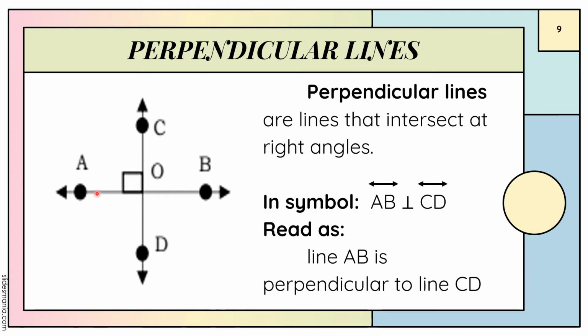Since angle AOC and BOC form a linear pair, they are supplementary. That means that angle AOC plus angle BOC is equal to 180 degrees. So the measurement of this angle BOC is also equal to 180 degrees. And